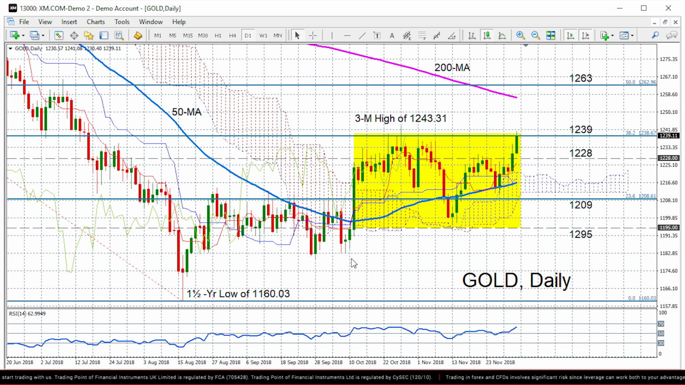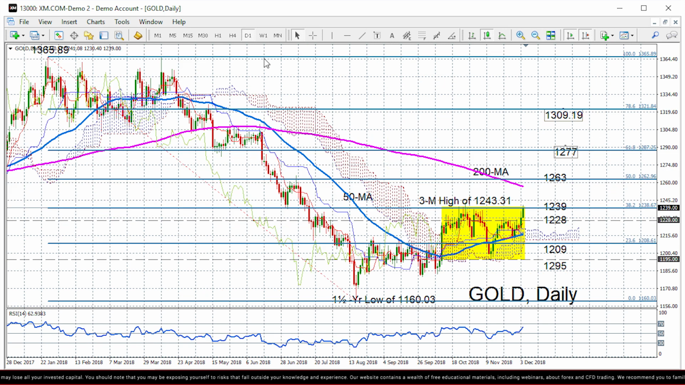And finally, having a look at gold prices, we can see gold has been steadily recovering from those 1.5-year lows of 1,160 from back in August. It has been moving in ranges, though the current range is between 1,295 and 1,240. Prices are currently hovering near the top of that range at 1,240, which is the 38.2% Fibonacci retracement of